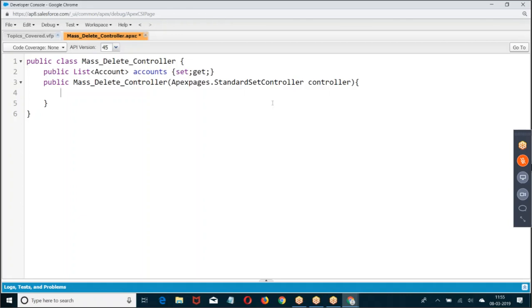So if you want to use any Apex class as an extension, the class has to use Apex pages dot standard controller or Apex pages dot standard set controller as a parameter in the constructor. Now I told you already, only ID will come. If you want anything other than ID,